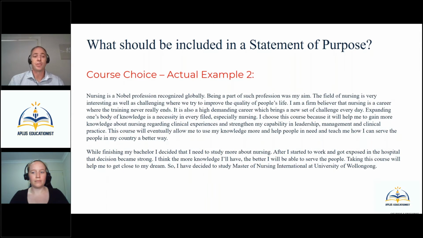The second example here is for a student that was looking to go into nursing. Again, it's written a little bit differently, and that's one of the points as we go through each of the points under what should be included in a statement of purpose and the two examples. It's the same two examples that follow each of the different points. What you'll find is that the statement of purpose is still written differently by each student, which confirms that they wrote it in their own words and undertook independent research, but also confirms that every statement of purpose doesn't need to be the same. It can very much be influenced by the student, the course they're undertaking and their background.